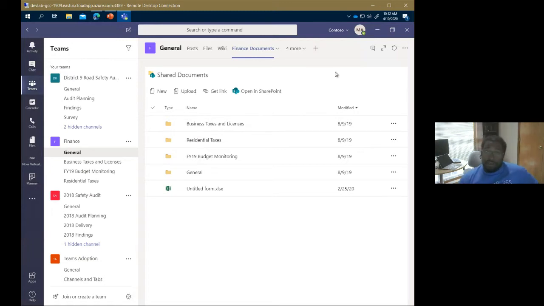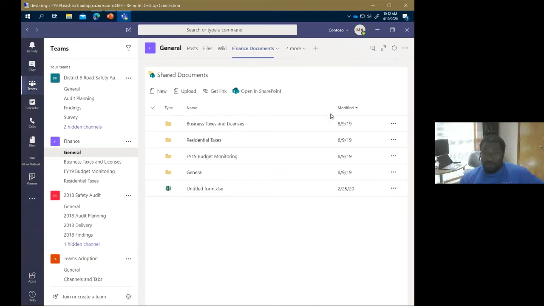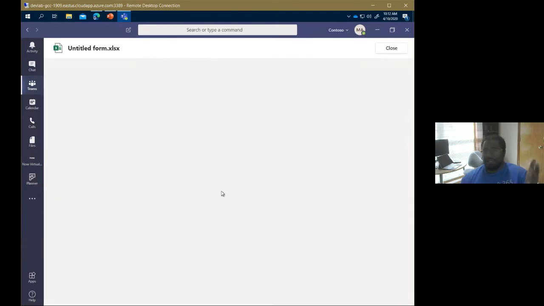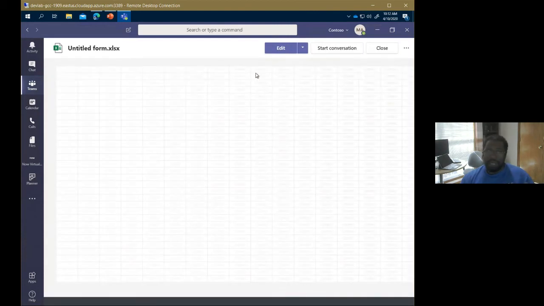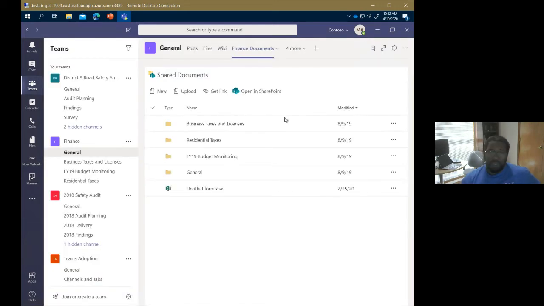But if everybody does have access to the thing you're linking to, then it's a very elegant world, right? I can see this tab now just like I can the files tab. And in fact, because this is again a modern site in SharePoint Online, it still feels like I'm working with a document in my team, even though it happens to be in some other team or some other library as well. So those I find are very useful.